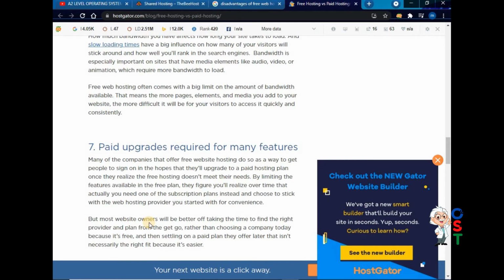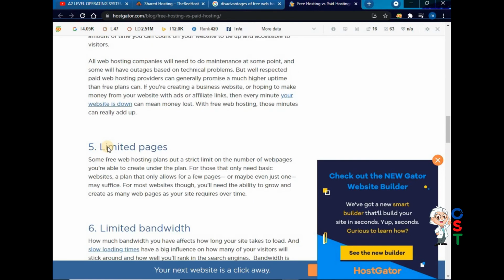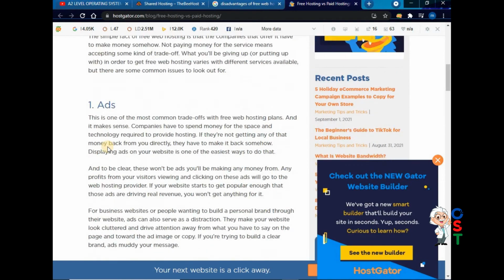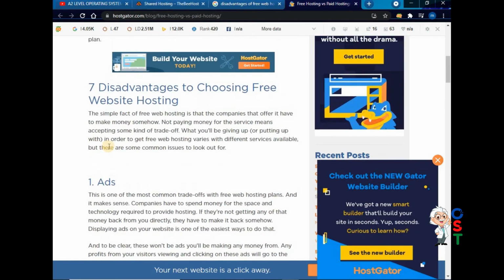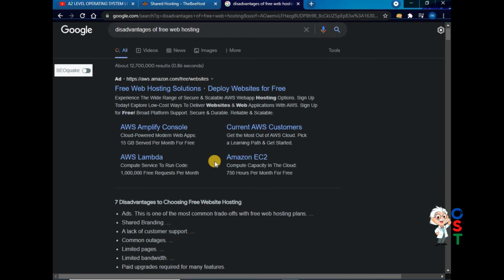So there are a number of disadvantages which you will have to see, and if you still feel that this is suitable for you, then you can go for any of the free web hosting companies. Let's see one of the free web hosting companies, and how to make an account on it. We are going to see it.